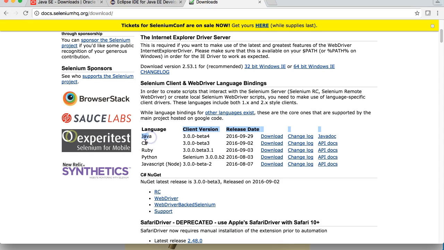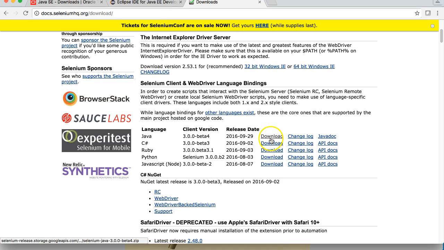We can use Java, we can use C#, Ruby, Python, JavaScript, and according to whatever language you choose, we have different downloads available. We are going to use Java because it is very easy to code in Java. It is a freeware, it is most widely used, very effective integrated development environments like Eclipse support Java, and most of the projects, if you see across the organizations and industry, a lot of them use Java for creating your project in Selenium.